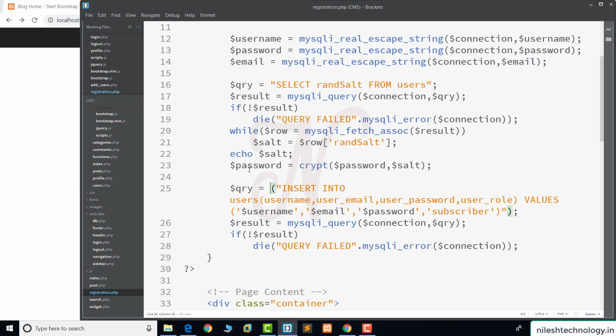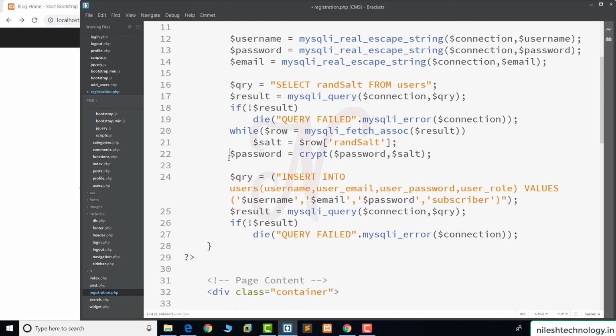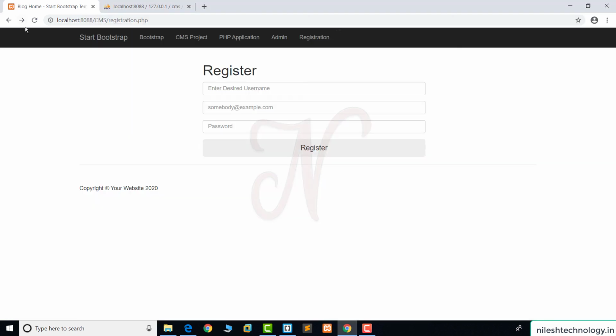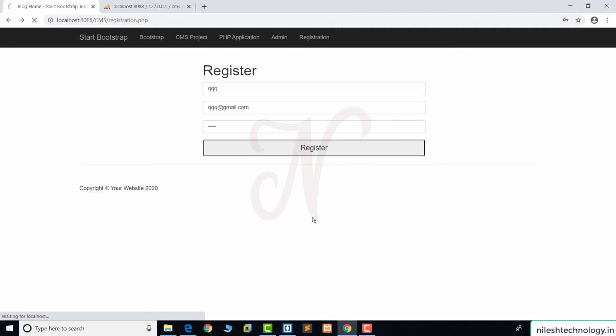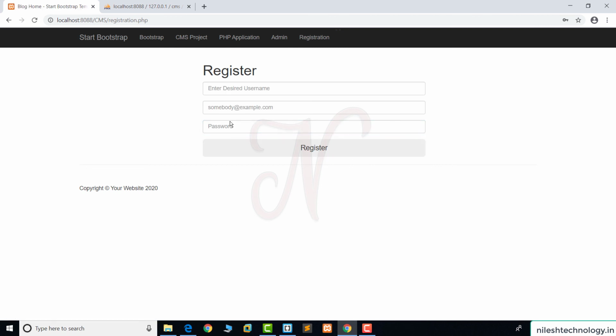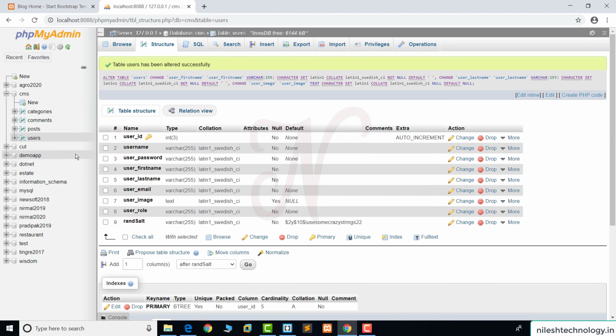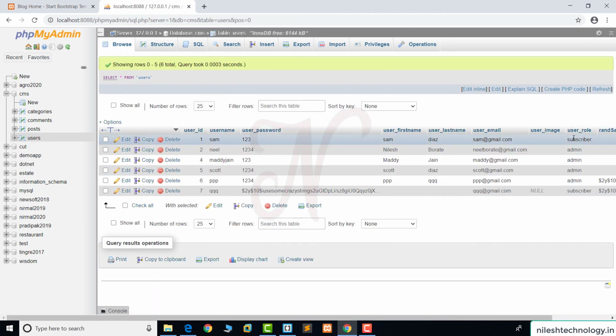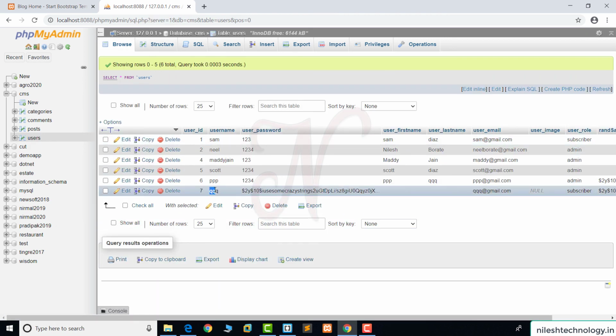Going to this editor, we remove this echo salt message. So save these changes, refresh this code. So this is my user qqq@gmail.com, 1234, register. Now perfect, check here, click on this user, yes, qqq, and this is my encrypted password.